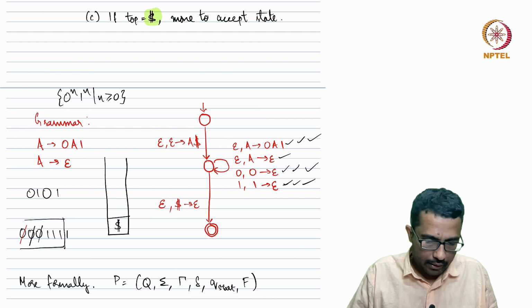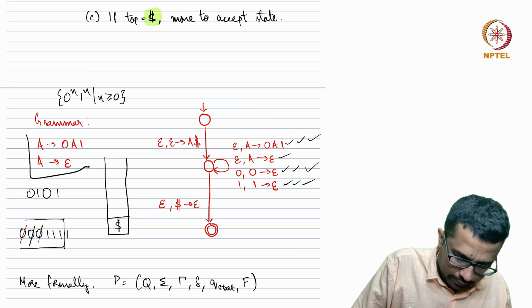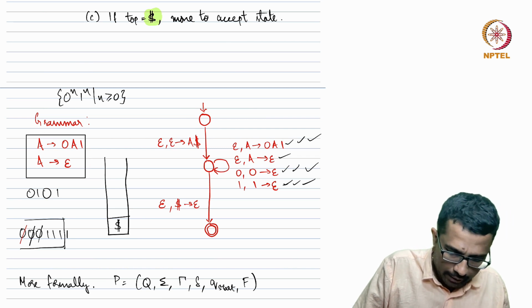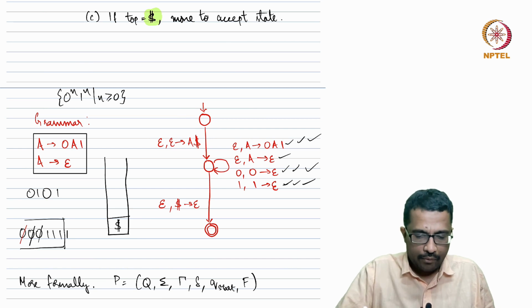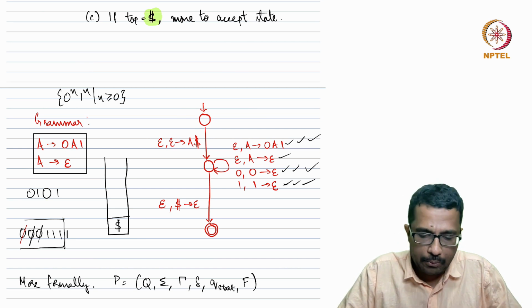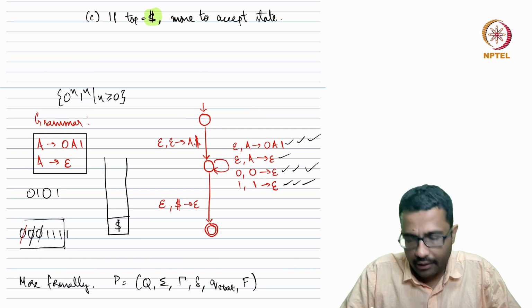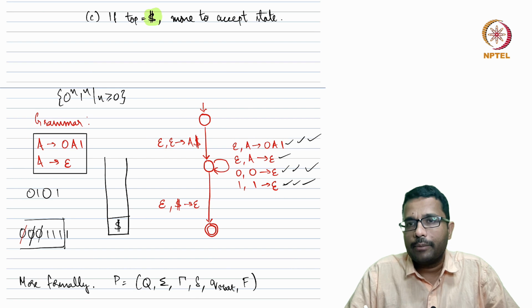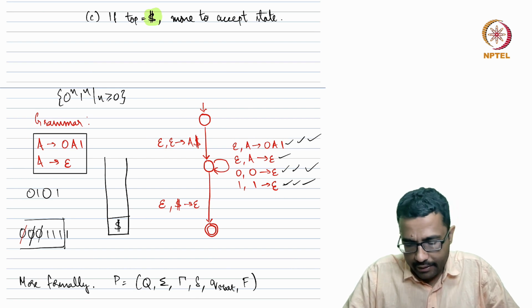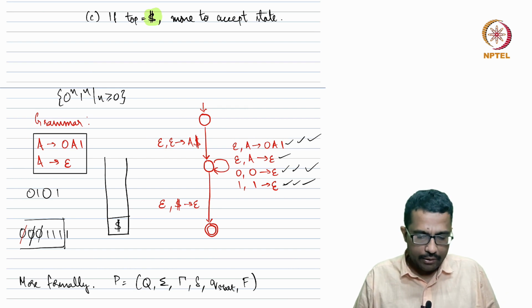So now this is a simple enough grammar, but this tells us how, and this can be converted into a simple enough PDA, right? So there are 3 states. First you push a dollar, then you push a variable A. Then you have 4 rules here corresponding to the 2 rules in the grammar and 2 terminals, right? And then you have another state, and you just move to that state by popping the dollar, right? So that's how you construct this.